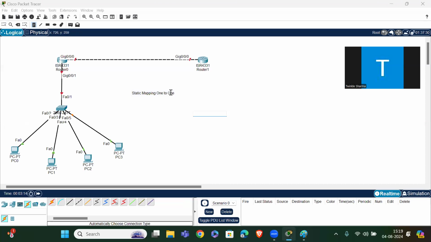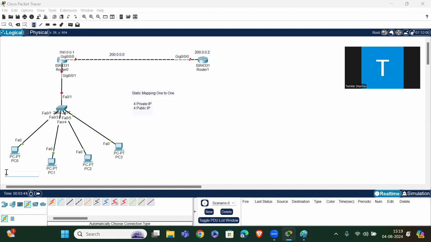Before doing the mapping, first we have to purchase private IPs, and we also have to purchase public IPs. Then we can map them. So I am taking the public IPs as 200.0.0.0, 200.0.0.2, 200.0.0.1.